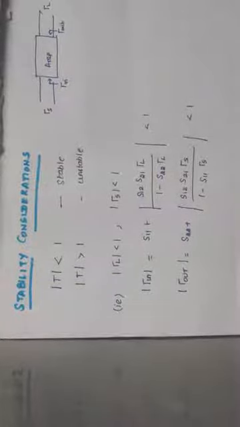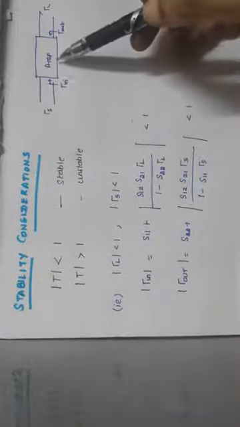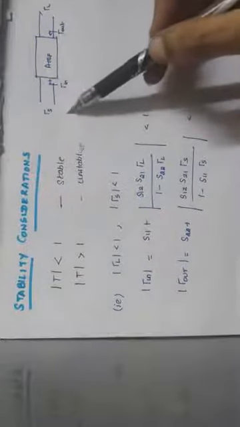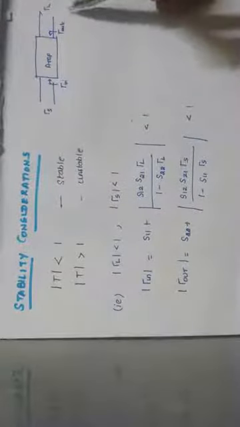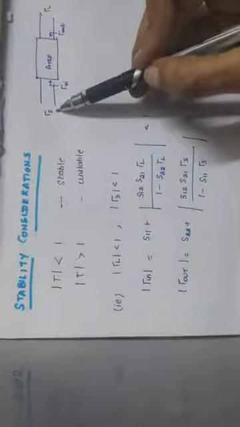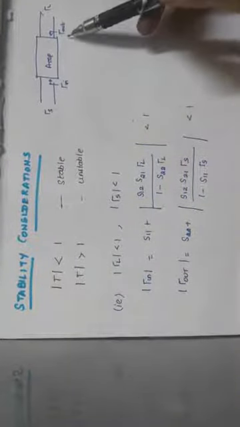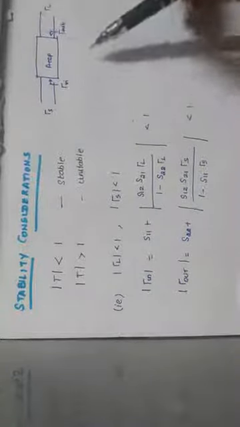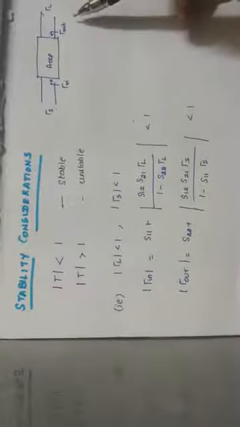So this video is about the stability considerations of a two-port network, and the two-port network that we are going to consider is an amplifier. The amplifier has an input port and an output port, where the signal is given at the input port and the amplified signal is obtained at the output port. The reflection coefficient at the source is denoted as tau s, at the load it is tau L, and at the input and output of the amplifier the reflection coefficients are denoted as tau in and tau out. We have seen these parameters in the transducer gain derivation.